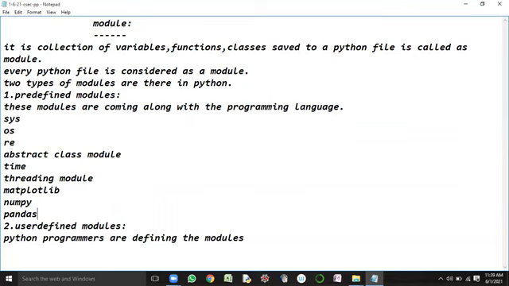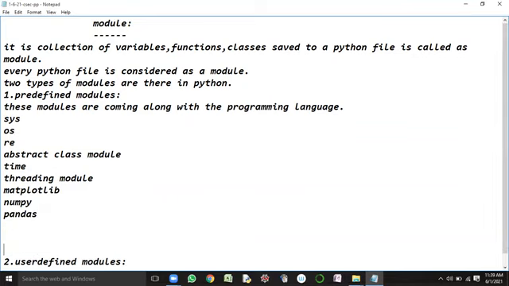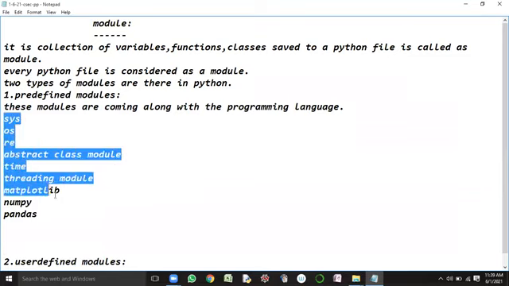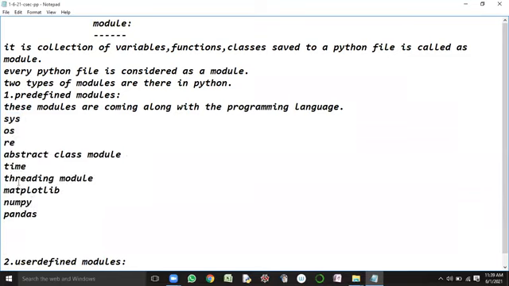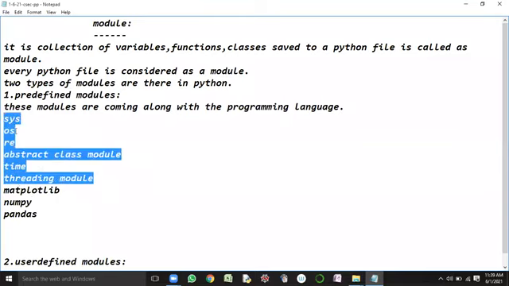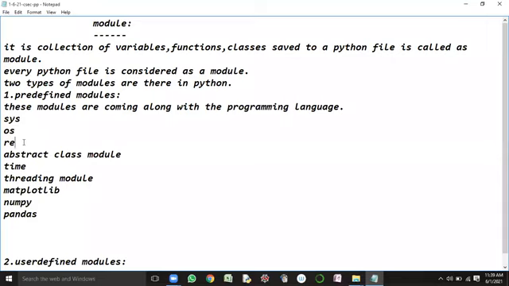Like this, n number of modules are available. Here I have listed a few important modules that come along with the Python programming language. So system, os, regular expression. What does re stand for?